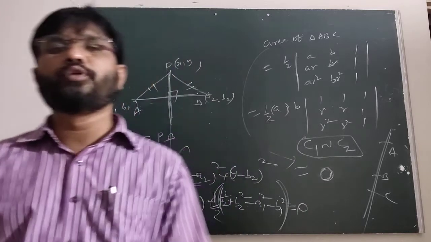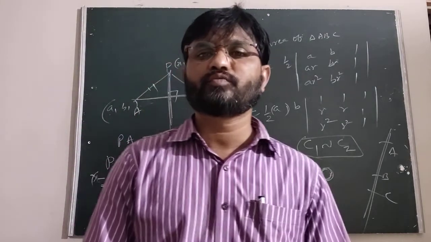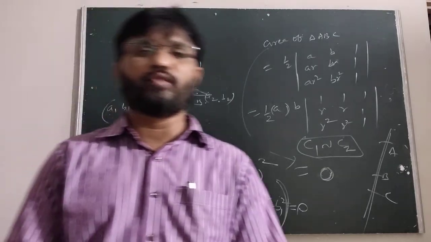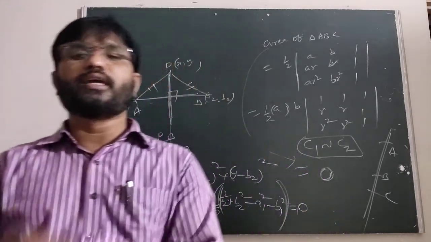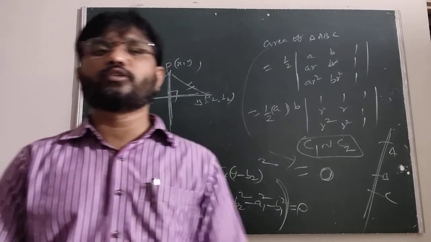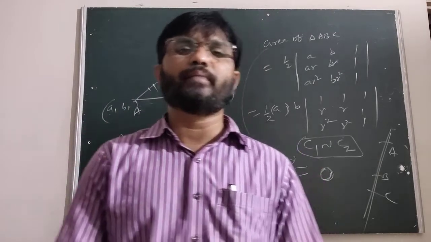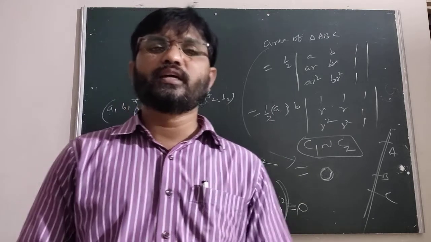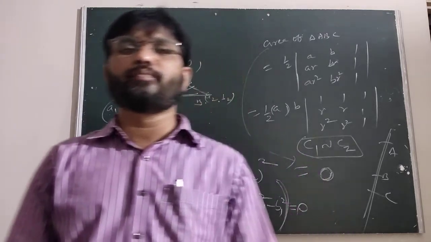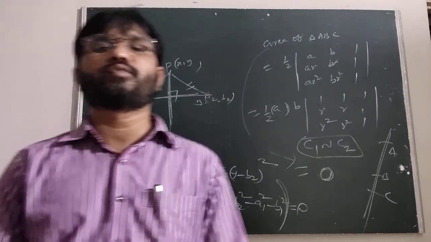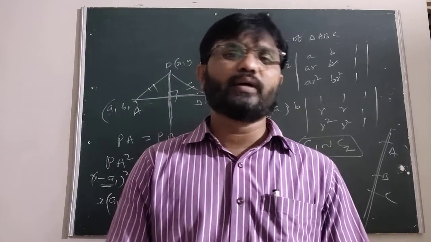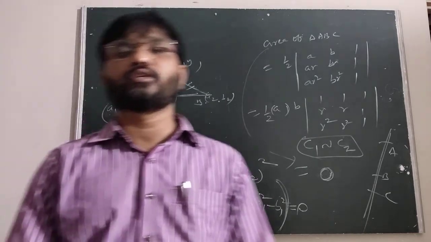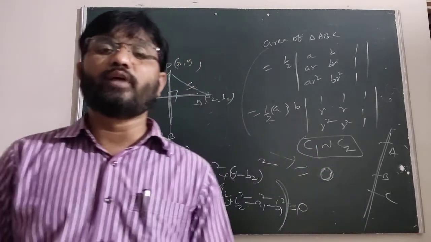After that, we can discuss the various forms of the straight line. The first one is slope point form, y minus y1 equal to m into x minus x1. After that, slope intercept form, y equal to mx plus c, where m is the slope, c is the y-intercept. After that, intercept form, x by a plus y by b equal to 1. Then the 2 points form, y minus y1 equal to y2 minus y1 by x2 minus x1 into x minus x1. If a line is passing through the origin having the slope m, it is y equal to mx.